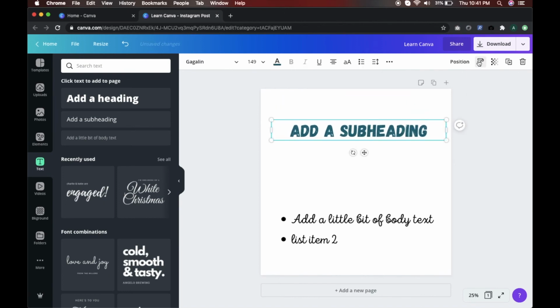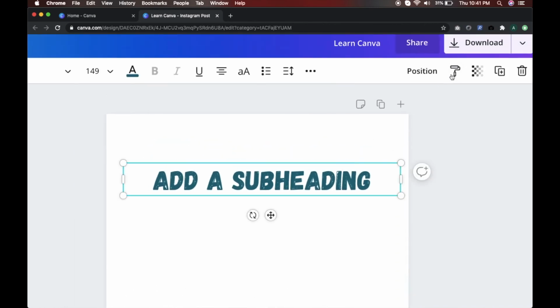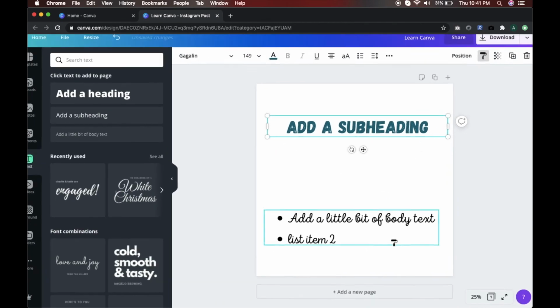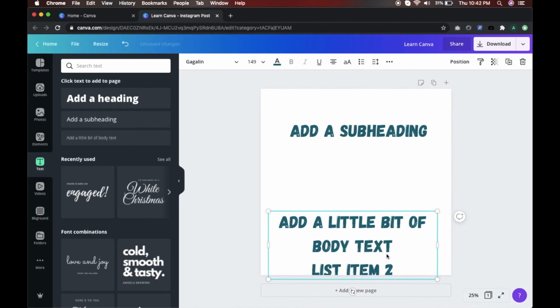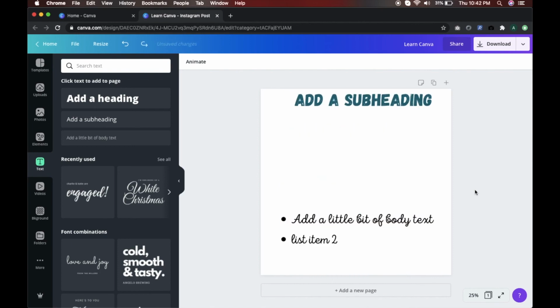Next option that we have over here is called the copy style. It is used to copy the styling of one text and make another text the same as it. In order to use it, first of all, you need to select your text, choose copy style from here, move over to the text that you want to apply the style to, and a simple click over it will change its style to the original one. So copy styling basically is something whereby you pick up a format of a text and apply it to another text. So I'm just gonna undo it so that we can move ahead with other options.